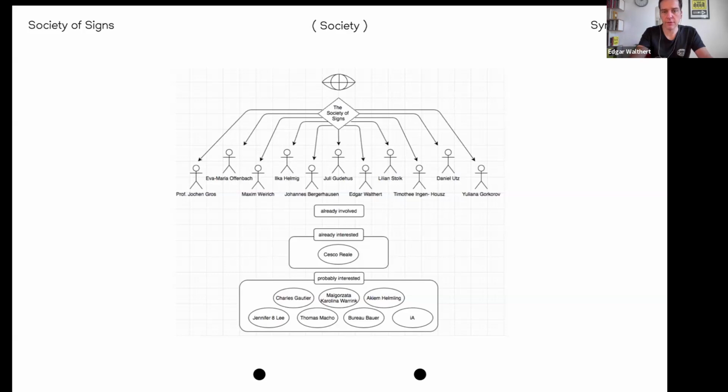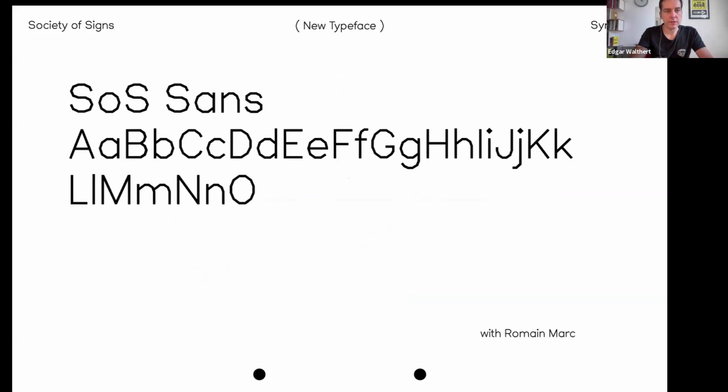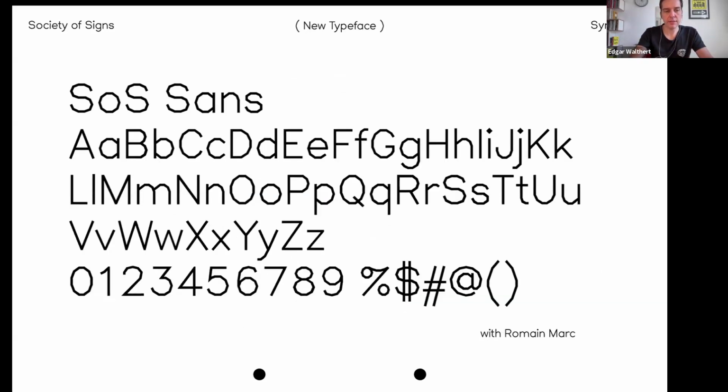That is an archive of those projects, because the website we made for the exhibition had to be taken down after the exhibitions because the image rights of all the artworks were expiring. For the design of the website, we consulted again the Grupo Due, who were also making the installation with the big yellow hand. And they recommended us to use a typeface that's called Simplex. It's from